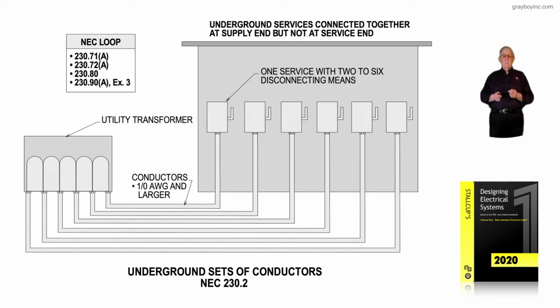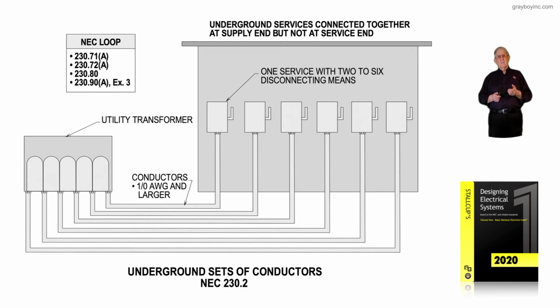Now, once again, we recommend in the NEC loop for the designing firm, the contractor, and the electrician to review 230.71(A), regarding the 2 to 6 disconnects you see on the building. 230.72(A), well, yes, they have to be grouped. And then 230.80 basically says, if possible, that they should not exceed the ampacity of the conductors unless we apply,